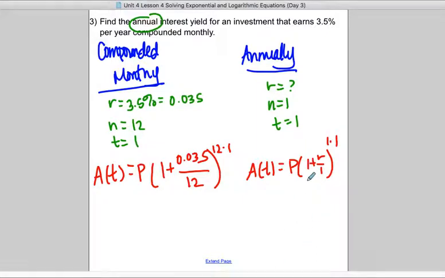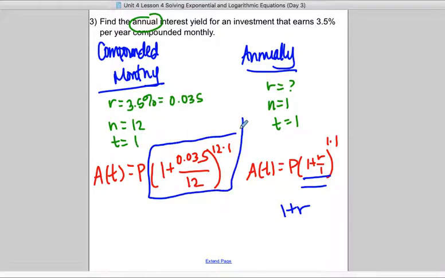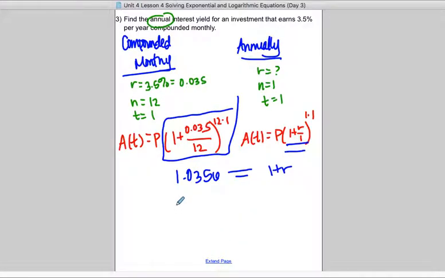So every single time the annual is going to break down into be 1 plus R. So we need to compare 1 plus R to whatever this piece is when I type it into my calculator. So parentheses 1 plus 0.035 divided by 12, end your parenthesis to the 12 times 1 or 12. When I do that, this part is 1.0356, going to 4 decimals. And then those things are equal. And if I solve for R, I would subtract 1. So R is equal to 0.0356, which is